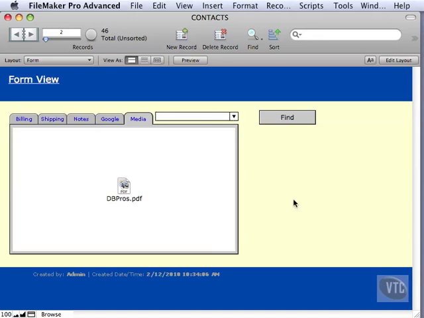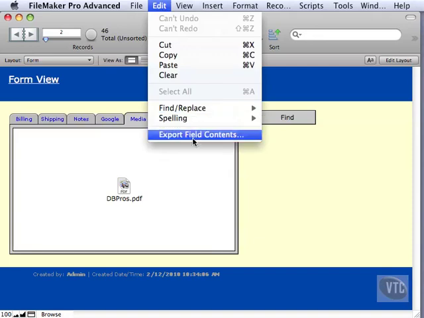And if you want to take a look at this, you can't really do anything from FileMaker as far as clicking on it or something like that. You could go and find it on your hard drive, but what you can do is say, take this file out of FileMaker and put it on my hard drive again, because we do have the file on our hard drive right now just because we just inserted it. But if you take it to a server or something like that and somebody's accessing it over the network, well, they won't be able to see that file, and so you need a way to get it out of there. And you just click inside that container field, you go to the Edit menu and you choose Export Field Contents,